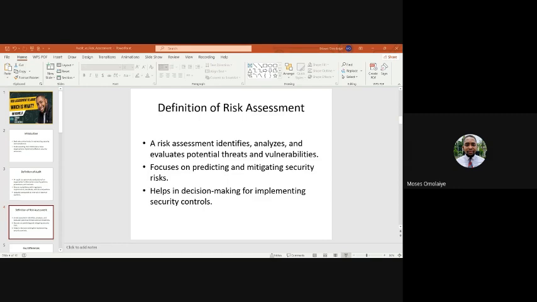Now, what are the key differences between an audit and a risk assessment? First of all, let's start with the purpose. The purpose of an audit is to verify compliance, like I had indicated earlier, while the purpose of a risk assessment is to identify and to mitigate. So you're identifying potential risks, the possible threats, the possible vulnerabilities, the likelihood of those things happening, and if they happen, the impact of those things happening, and then how to mitigate those risks. Then what's the approach?